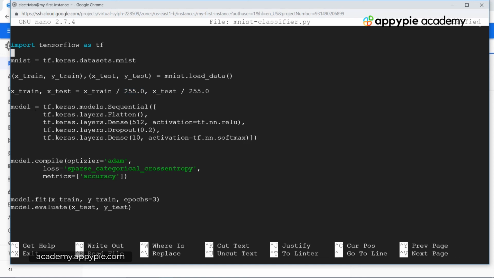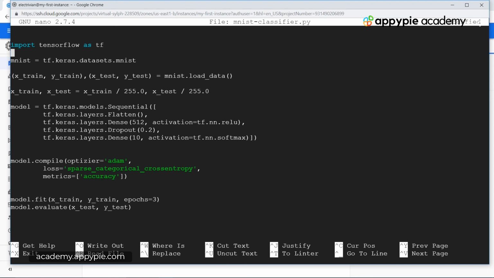Then we are defining a model. Over here we have a sequential model. A sequential model essentially means that all of the layers which you are passing inside the sequential model will be placed one after another. Over here we have tf.keras.layers.Flatten, then tf.keras.layers.Dense, then the Dropout, and then we again have the Dense layer. Flatten essentially means that it tries to keep the connections between the different neurons as low as possible.